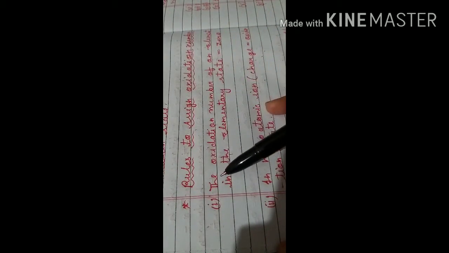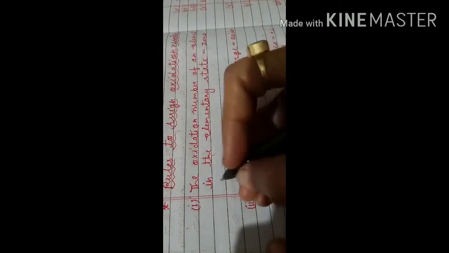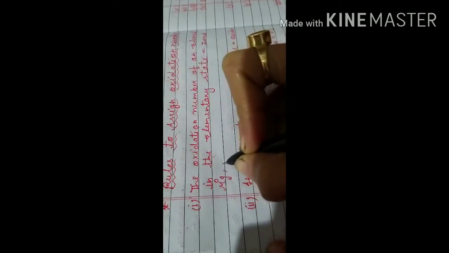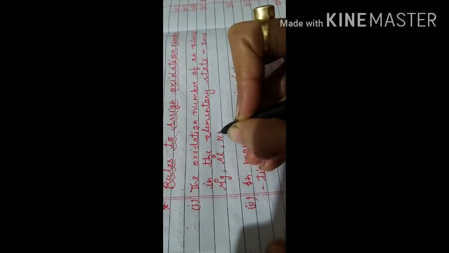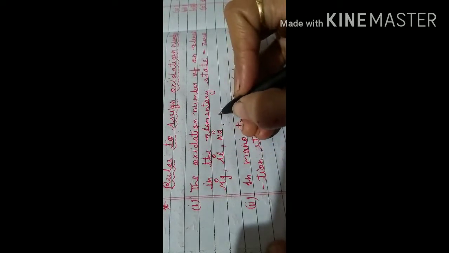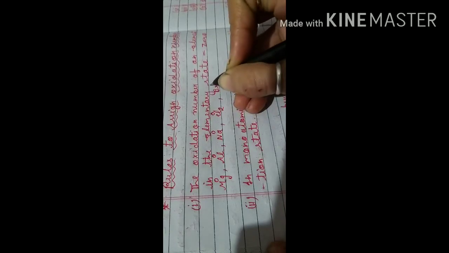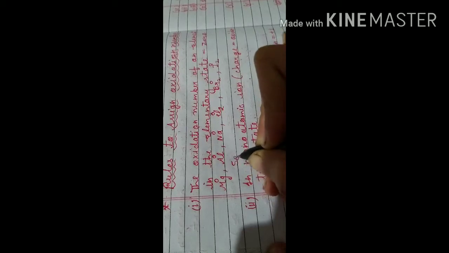The first rule is: the oxidation number of an element in the elementary state is 0. If the element is present in the alone form, like suppose it is written only Mg, in this case the oxidation number will be 0. If only aluminium is written, oxidation number 0. Only sodium, 0. If in its molecular form, like Cl2, 0 oxidation number. Br2, then again 0, and I2, 0. Suppose S8 is written, again its oxidation number will be 0.